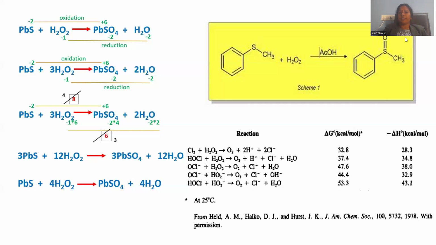Now let me show another example. Again, we are taking a sulfur-containing compound, a thioether, and hydrogen peroxide is added, dissolved in a glacial acetic acid solvent. Wherever this thio functional group is there, an oxygen atom will be added. Since hydrogen peroxide is an oxygen-rich substance, it will add oxygen over there, so that S double bond O is generated, which is said to be a sulfone. Thioether turned into sulfone by means of oxidation in the presence of hydrogen peroxide.